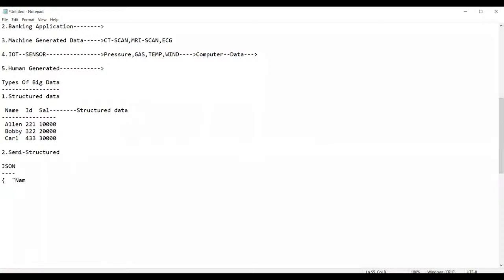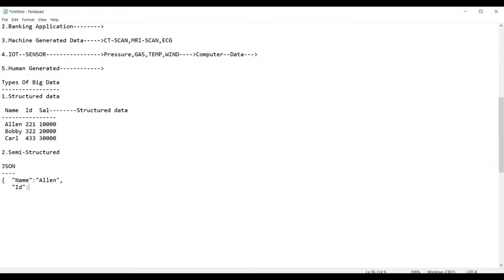If I define this data in JSON format, it looks like this. Name in double quotes, use a colon, then Alan. Now use a comma. After this, use ID again.